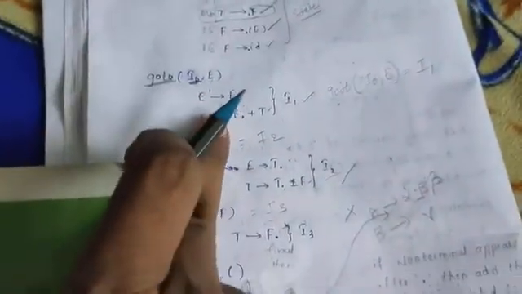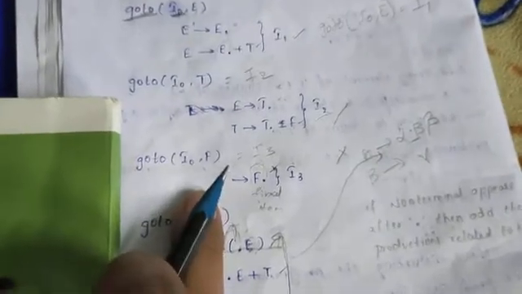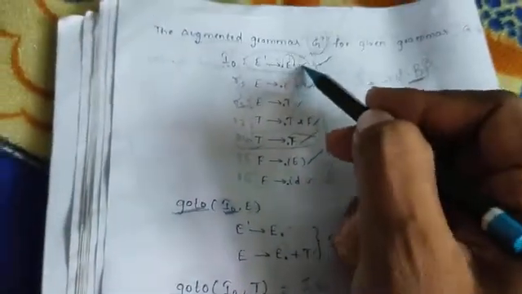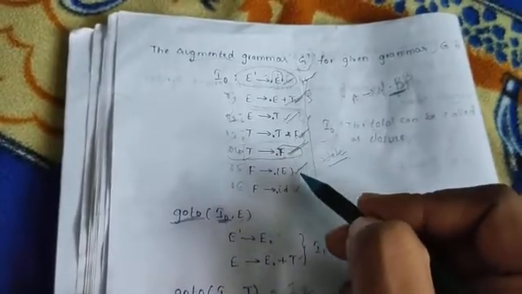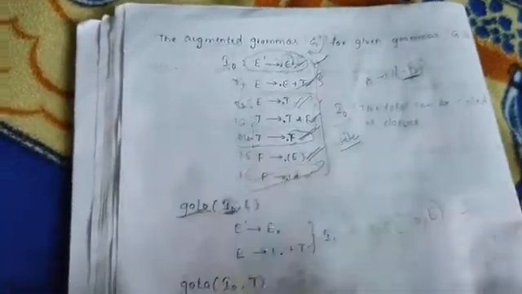So finally this entire thing should be considered as I4. Why? Because this type of production should not be there in I0, should not be there in I1, should not be there in I2, should not be there in I3. So for that reason it should be indicated as one more new state, that is nothing but the I4 state. So here the first one is completed, second, third, fourth, fifth, sixth completed, and the last one will be there.